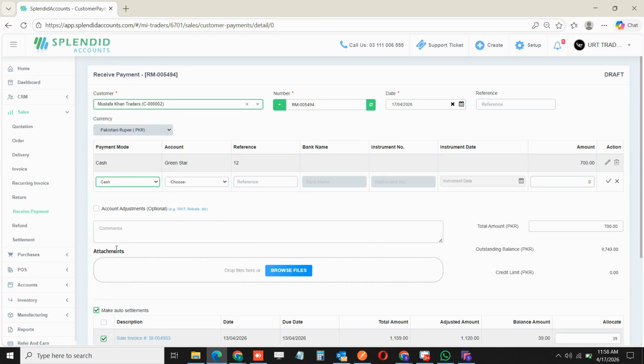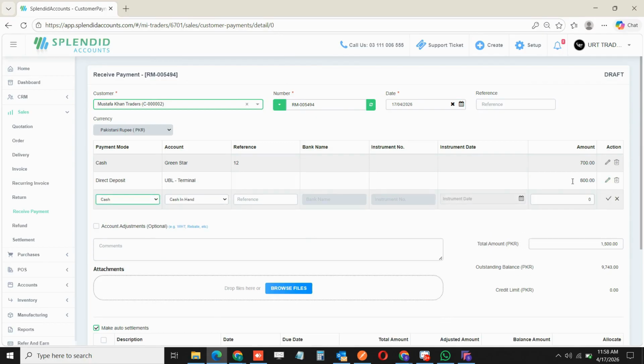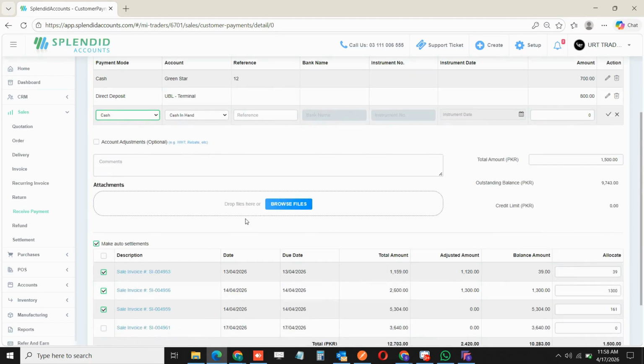If the customer paid some in cash and some through the bank, you can also select multiple payment modes in a single entry. Like here, the customer paid me some payment, 700 rupees in cash. The remaining amount was transferred to me online, so I would have created that bank account in the software where the payment was made. Select that bank account here, enter the amount the customer gave us here, save it, and